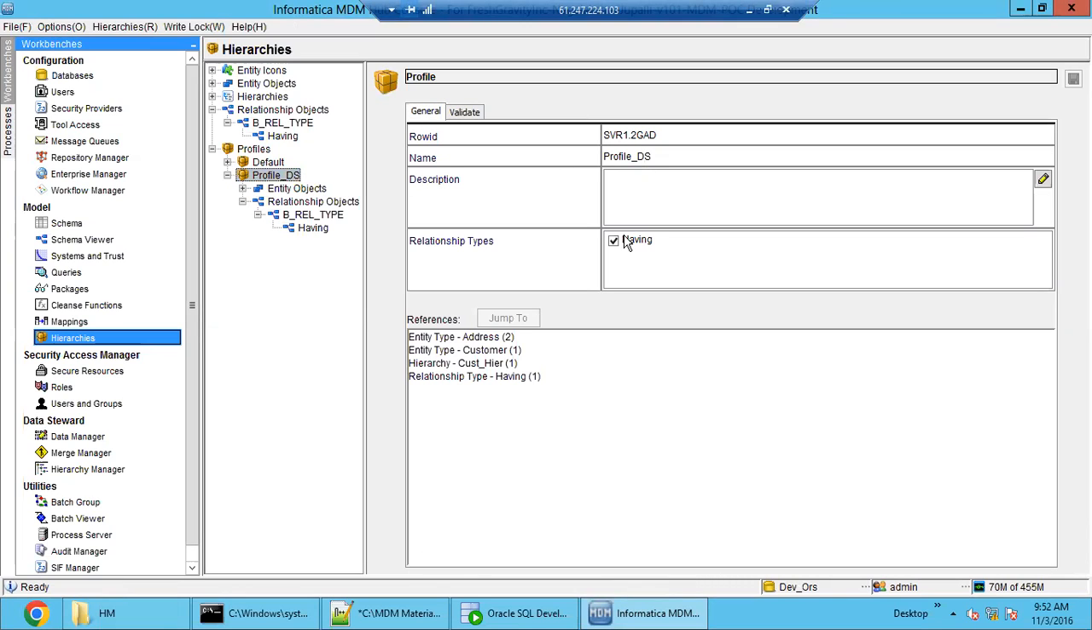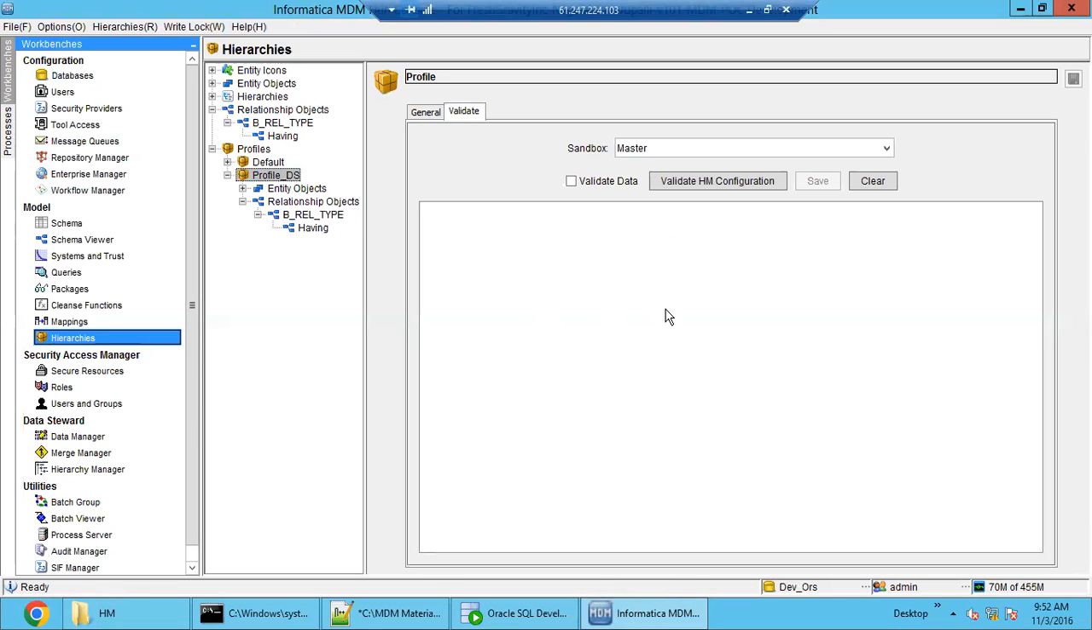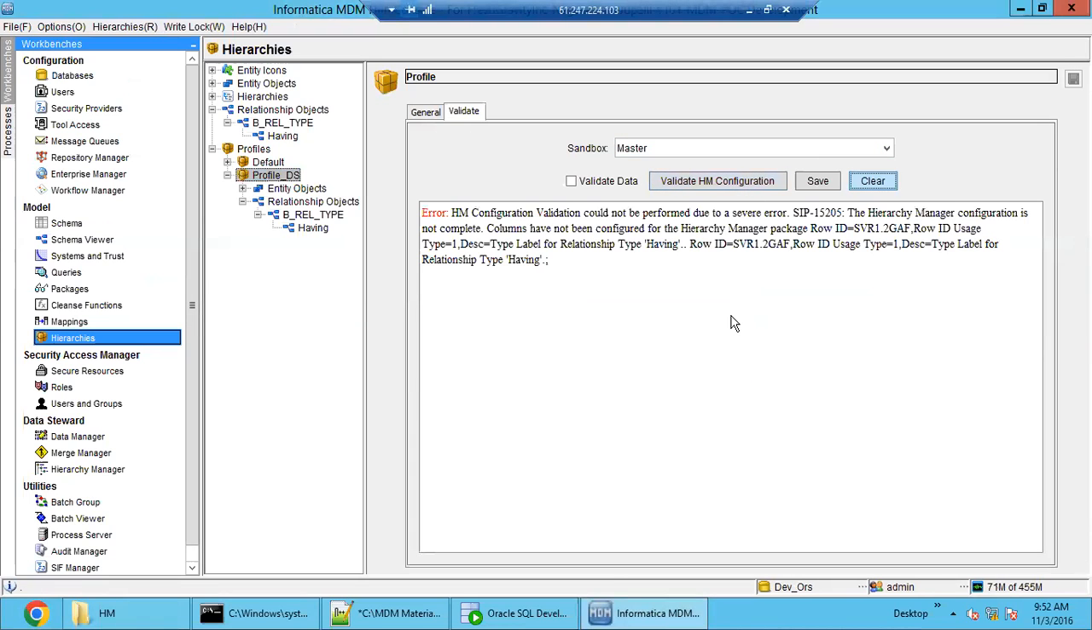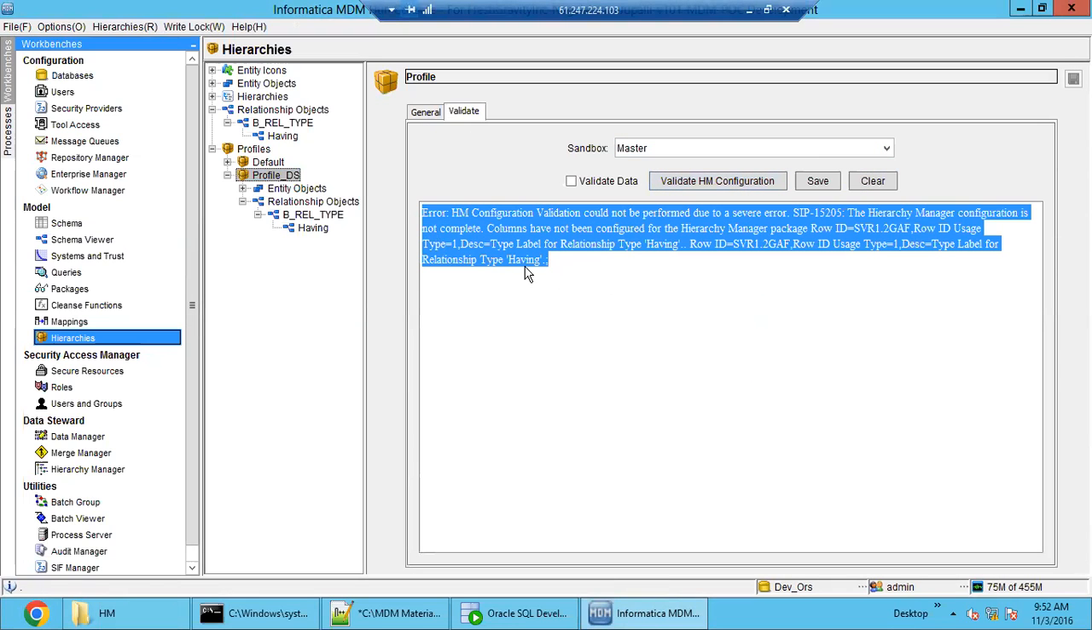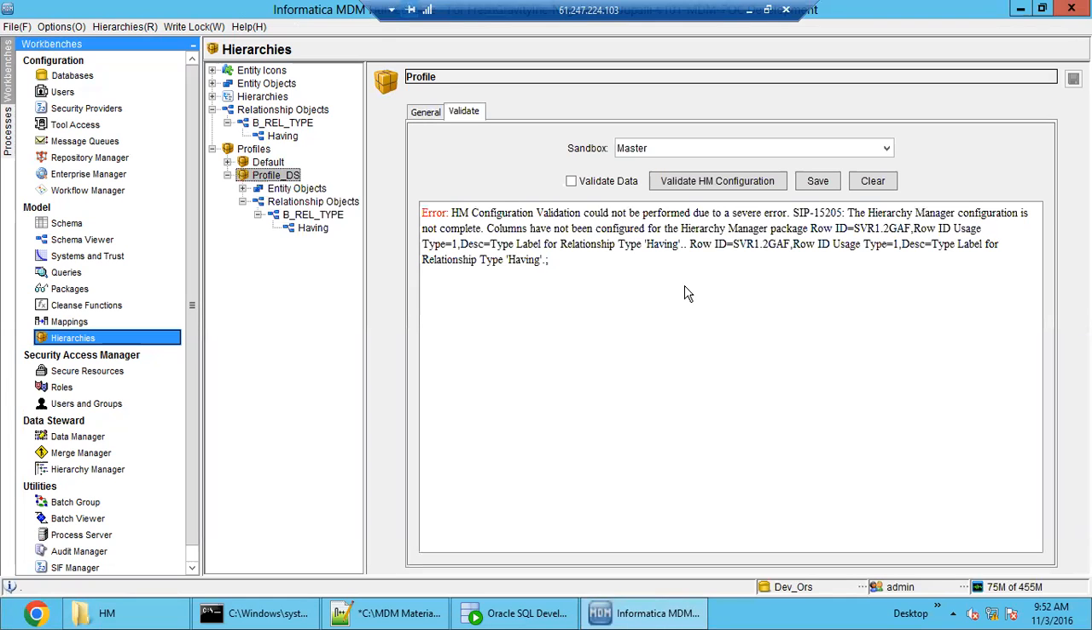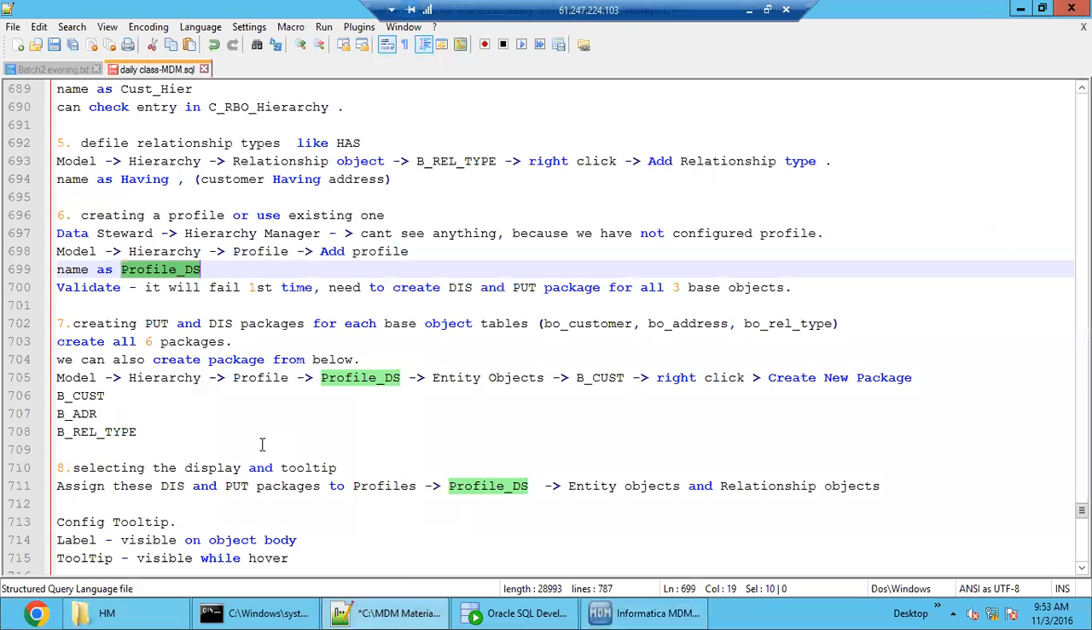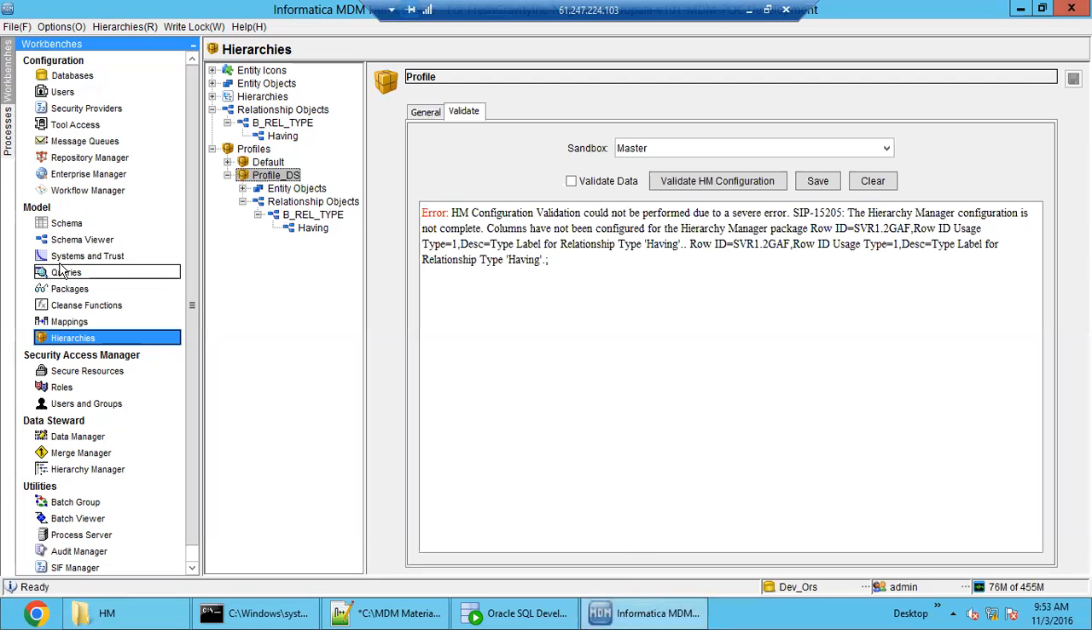This one we have already saved, this profile already got saved. Now we can come to validate. Okay, so if we are going to validate this, validate HM configuration here, then it will fail. Basically why it will fail, here I've already mentioned that step. Validate, it will fail the first time. Why? Because we need to create display package and put package for all 3 base objects. Which 3 base objects? This base object I can show from here: